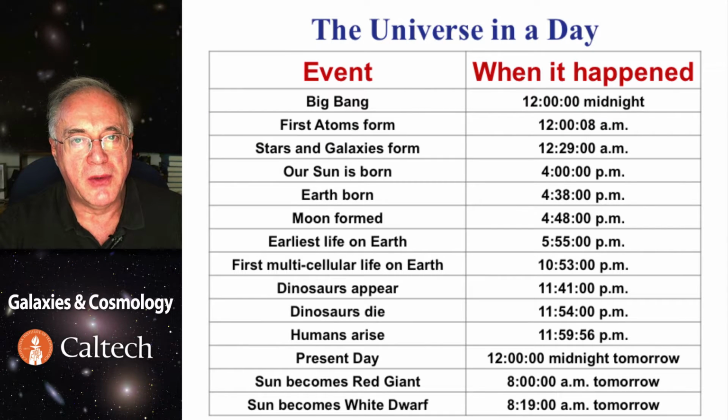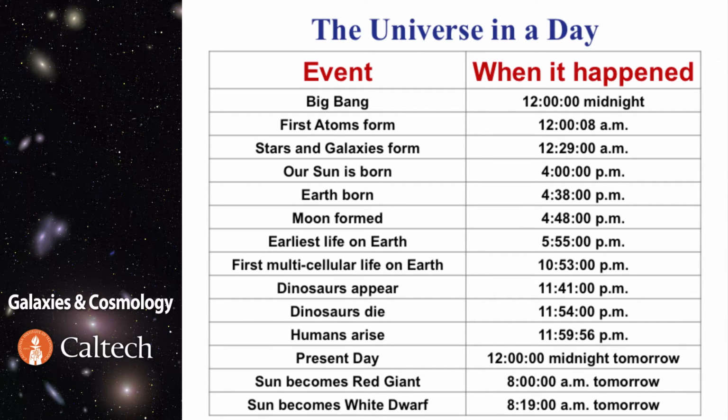Another interesting way to visualize the history of the universe is to say, if all of the age of the universe, 13.7 billion years today, was squeezed into one day, what happened when? Well, the Big Bang happens at the beginning. Pretty much everything that predates the formation of our solar system is done in the first few hours. On that time scale, humans appear 4 seconds before midnight, 4 seconds out of the entire 24-hour day. And that gives you a little bit of a scale as to how significant our history is on cosmic scales.